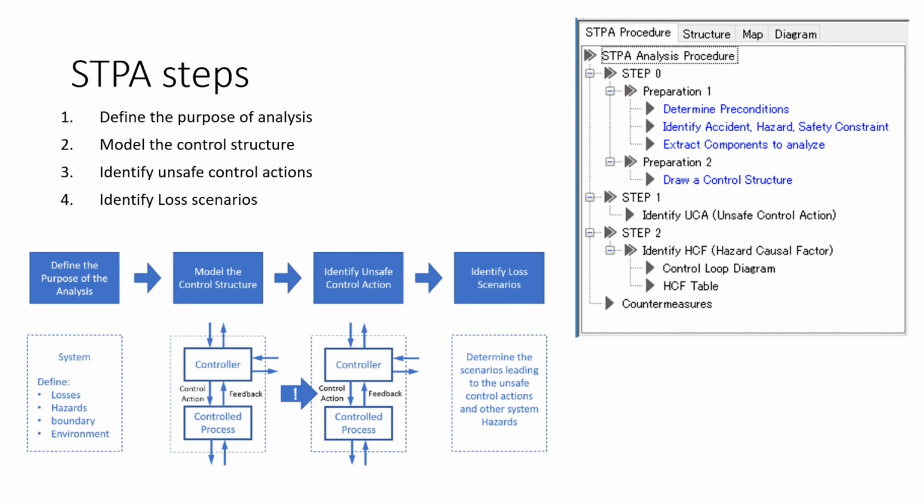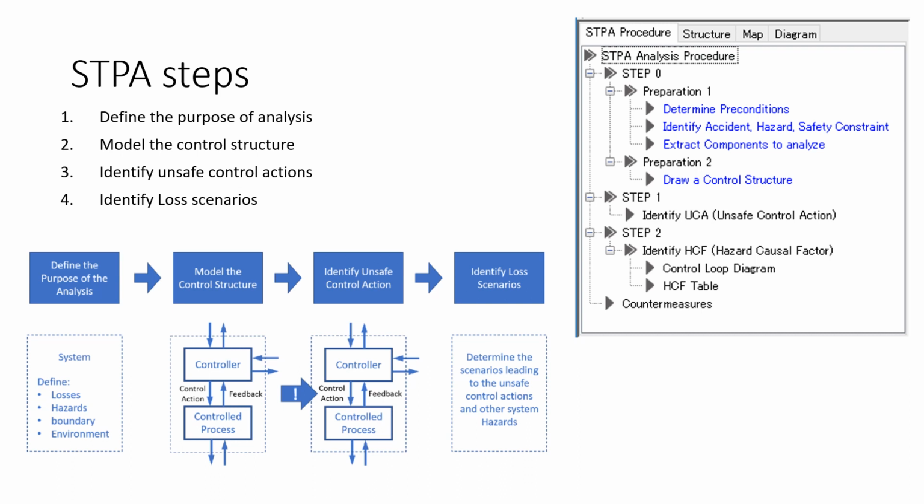Then after identifying unsafe control actions, you need to identify loss scenarios. Loss scenarios means determining the scenarios leading to the unsafe control actions and other system hazards. If you see this right hand side diagram, the STPA analysis procedure: first thing is you need to identify the purpose of the analysis. That means determine preconditions,